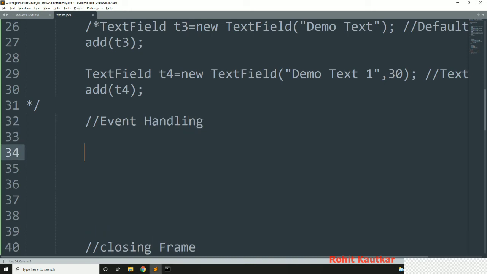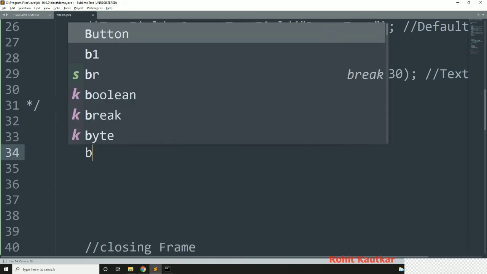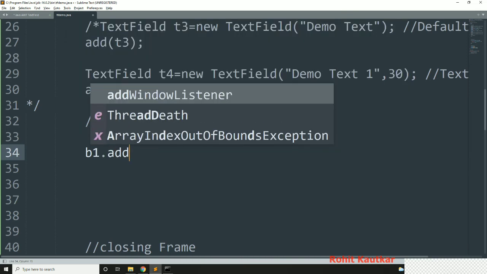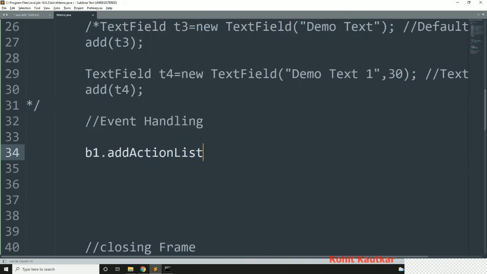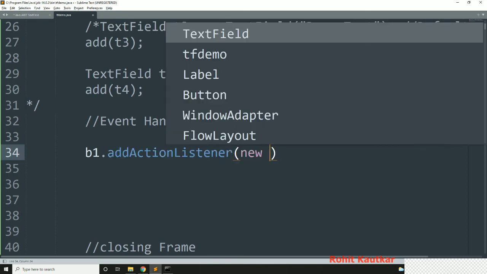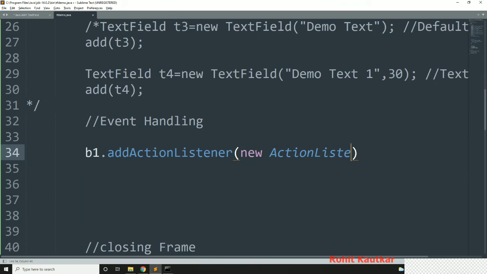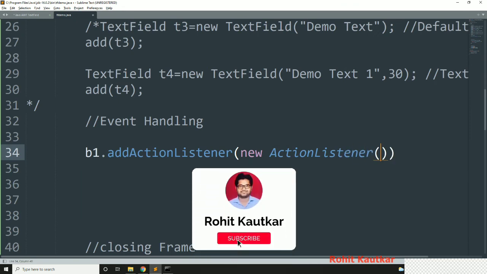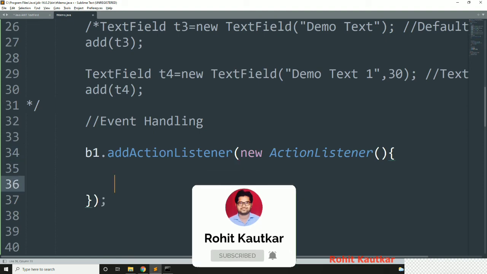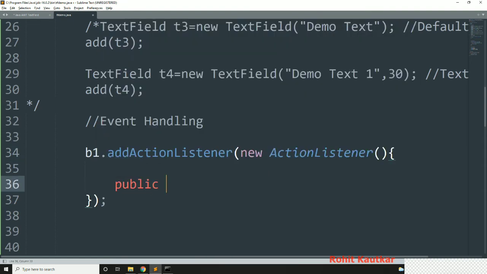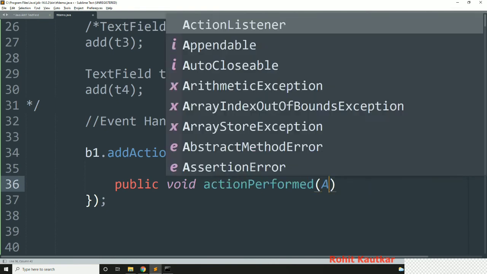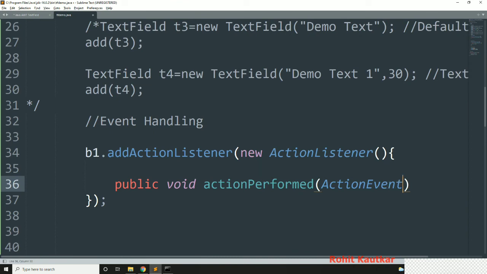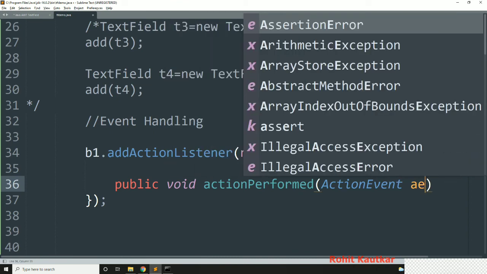So I will write b1.addActionListener, and here we will take the ActionListener class like this, and we will implement the actionPerformed method over here. So I will write public void actionPerformed, and it requires the object of the ActionEvent class, let's say AE.